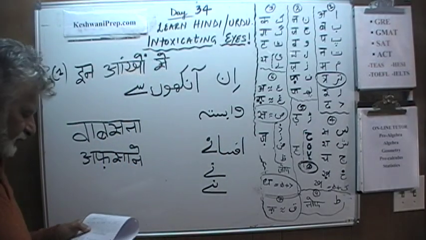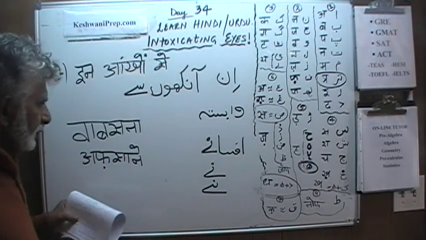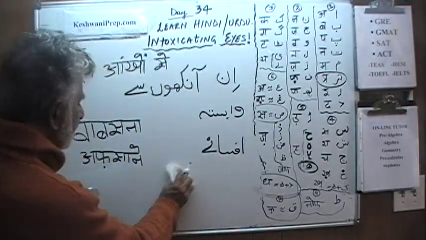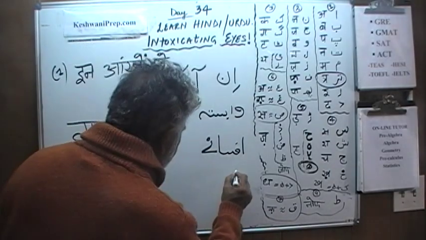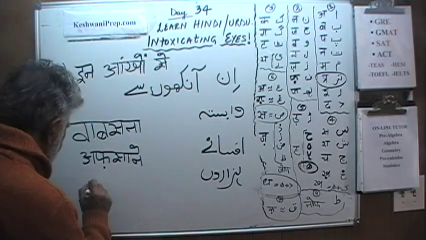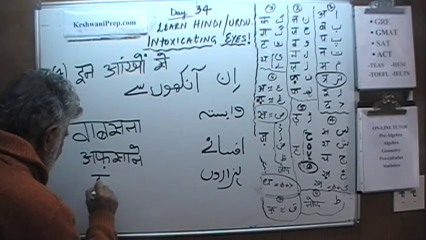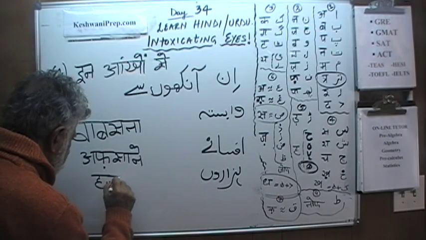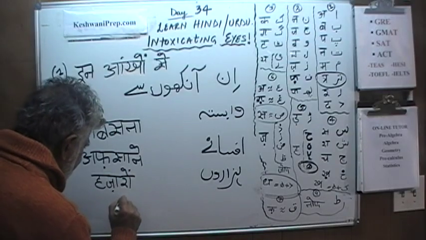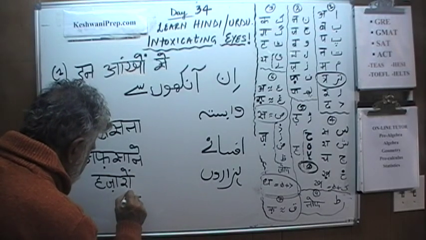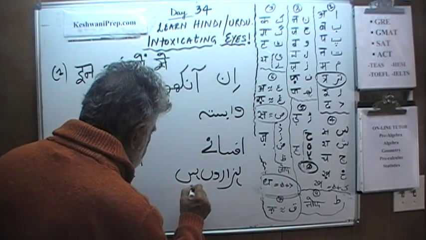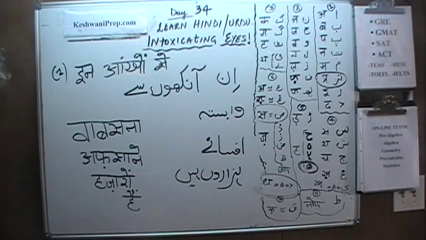That's a ne. हजारों हैं. We already did हजारों, so we have to worry about how to write it. हैं. What does it read? इन आँखों से वाबस्ता